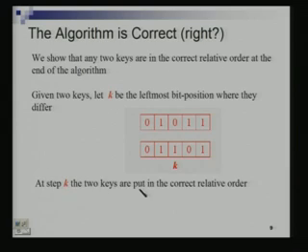So, at the kth step the 2 keys are put in the correct relative order, but all is not done now. We want to argue that at the later steps, at the k plus 1th step and the k plus 2th step and so on, the relative order is not interchanged. यहाँ पे तो आपने इसको इस की के पहले डाल दिया, बट ऐसा नहीं होना चाहिए कि बाद में इस स्टेप के बाद में आप वापस गड़बड़ कर दें, पर ऐसा होगा क्या?